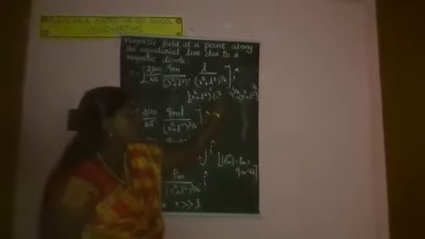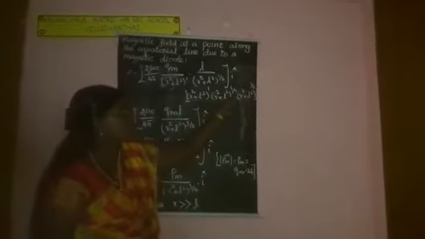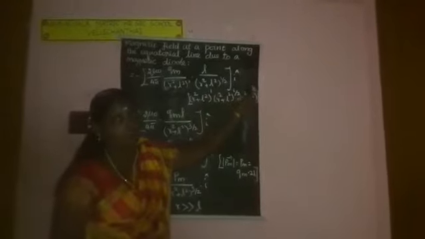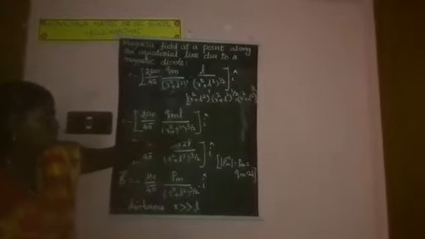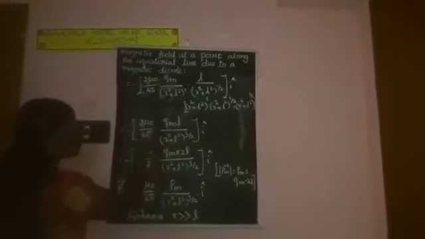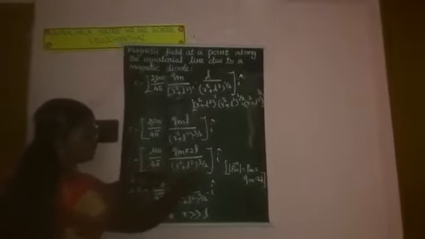Already we know this formula. So here R square plus L square, 1 plus 1 by 2, cross multiply: 1 into 2 is 2, 2 plus 1 by 2, so here 3 by 2. That value you have to substitute here: R square plus L square the whole power 3 by 2 into I cap. So mu naught by 4 pi, this 2 you have to note it here, 2L. Then take Qm separate: Qm into 2L divided by the same term, into I cap.